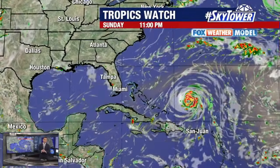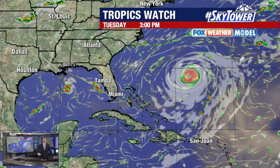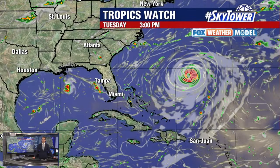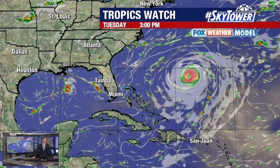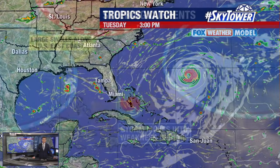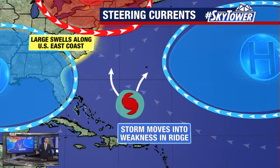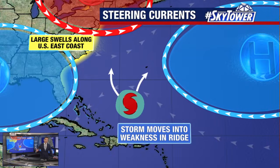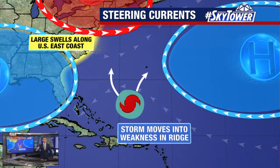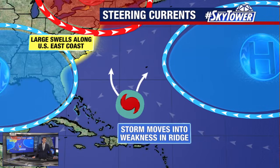Here's the latest from Tropics Watch, the Fox model materializing with satellite and radar imagery, how things could look moving into Tuesday. This is basically level with Tampa at that point and then starts to take a bit more of that northward trajectory. In this case, you have a very strong hurricane, but if anything, this is even a pinch east of the models that we were just showing on the screen a moment ago. A storm that tracks a little bit closer to the coastline would amplify those already large swells. The farther east it goes, and potentially that high pressure and the very strong storm taking that northeastward turn, that would also take some of those larger swells with it back farther away from the United States, but potentially could